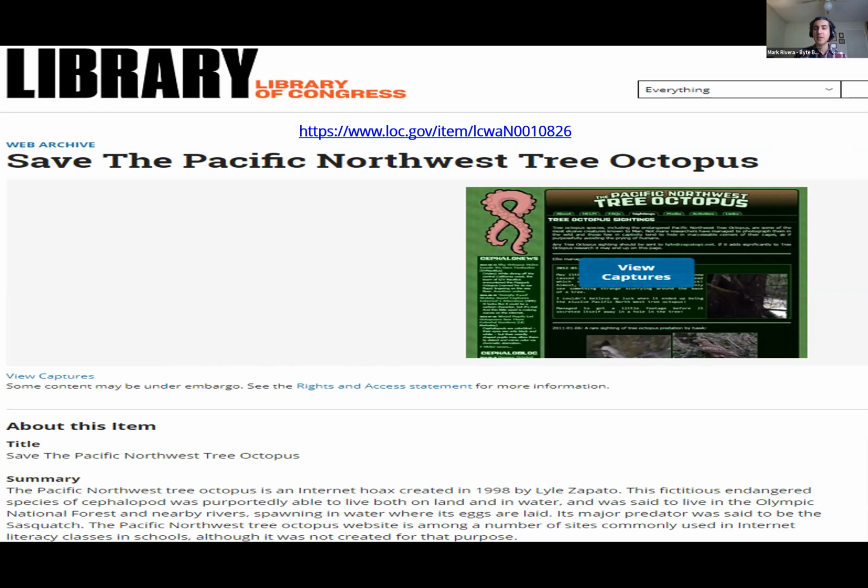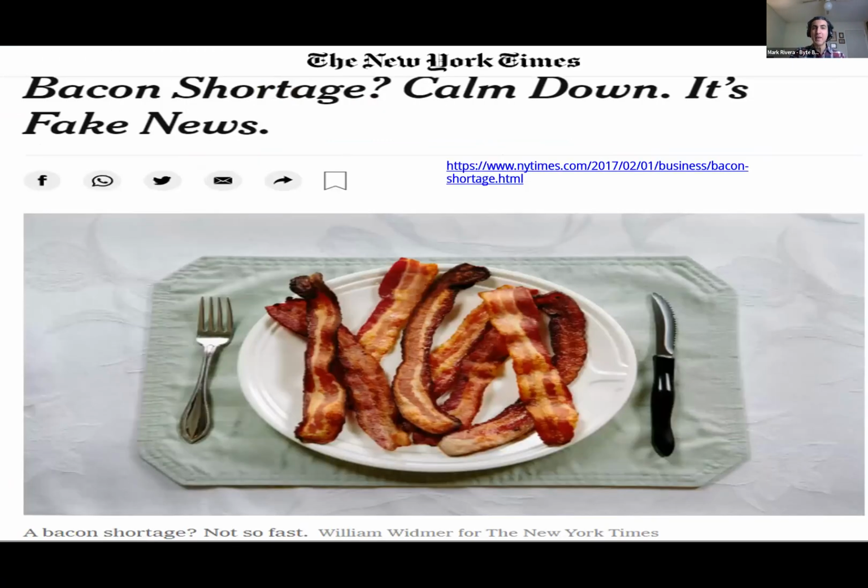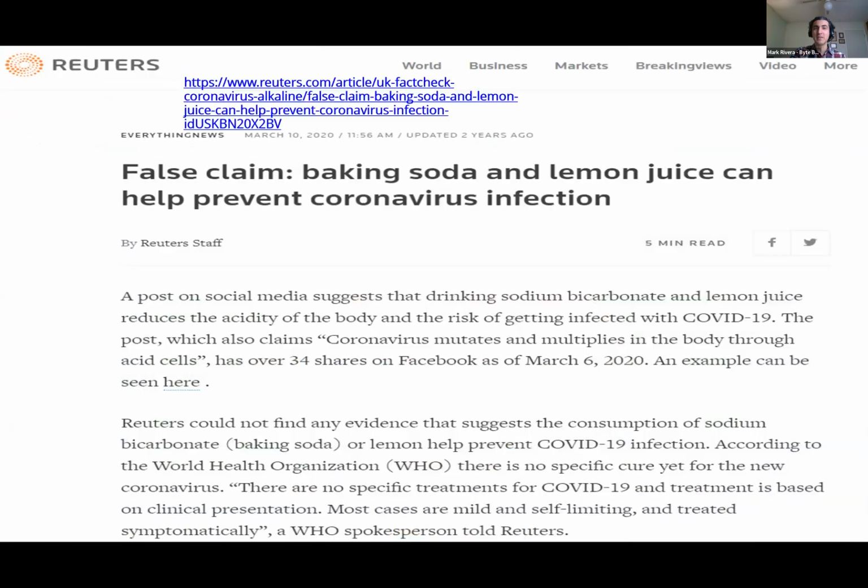And even just looking at the website, it kind of looks like a homegrown item that someone just created randomly, almost like an April Fool's joke. Then we go to the bacon shortage story, and it turns out that was also fake. There was never any sort of bacon shortage going on in the country that was investigated. And similarly, the bacon soda and lemon juice story was also fake. And Reuters and a couple other